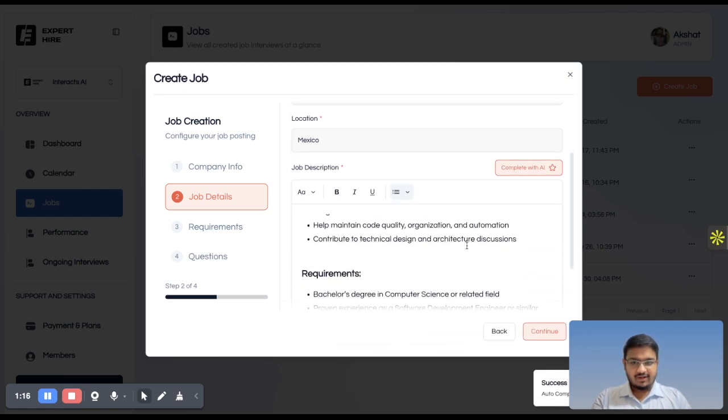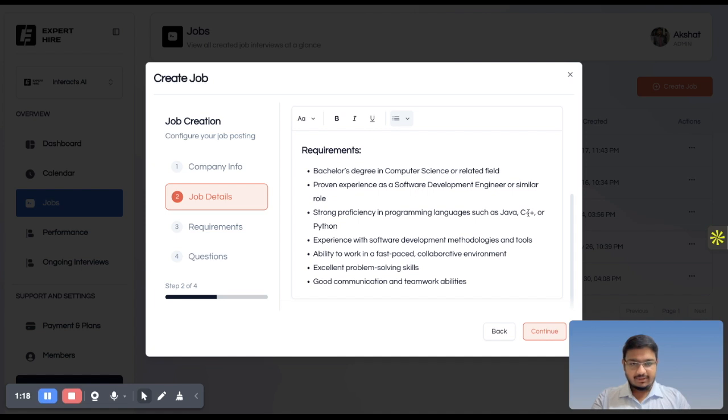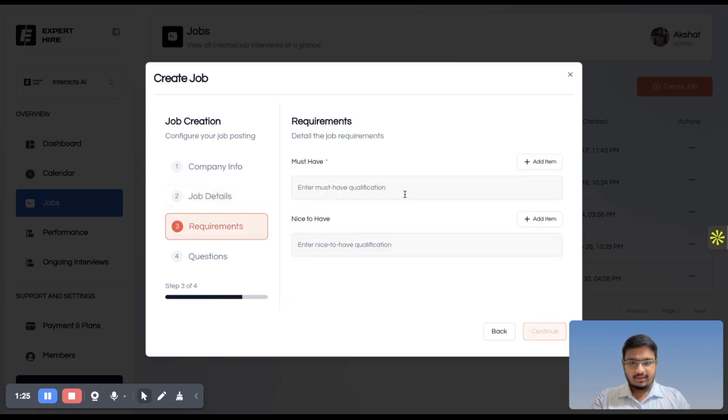I can verify it if I want to remove something, I want to add something. Maybe I want to change Java to Golang. I can change that, continue. Must have qualifications and nice to have. For must have, I'm just going to put